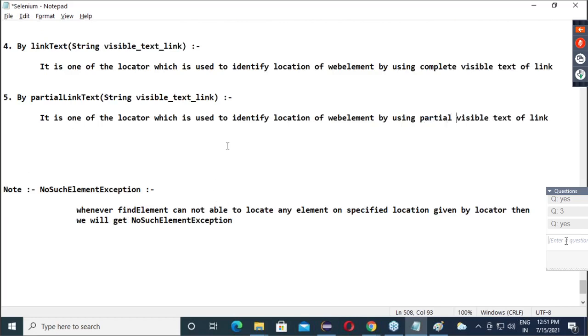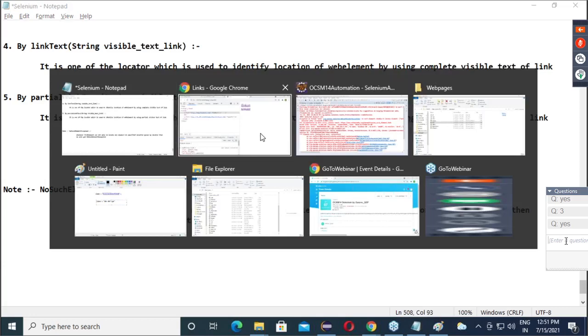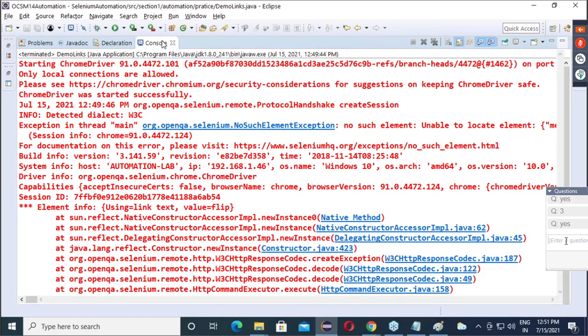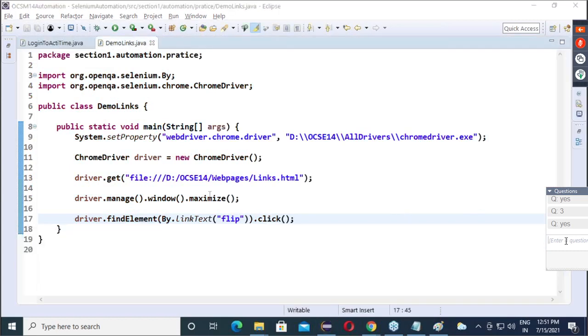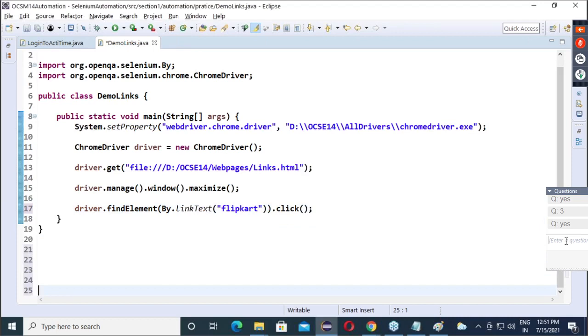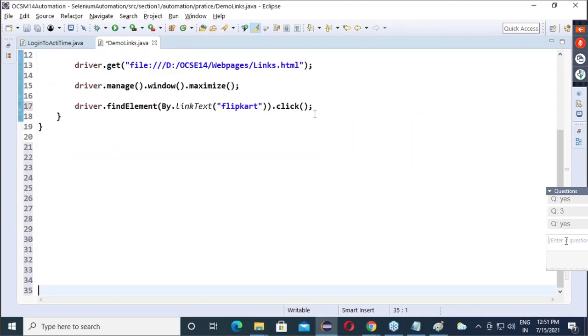Okay. So guys, now I will do one thing. Let's say here, after here I will give complete. So it will click on what? Flipkart. It will click on Flipkart.